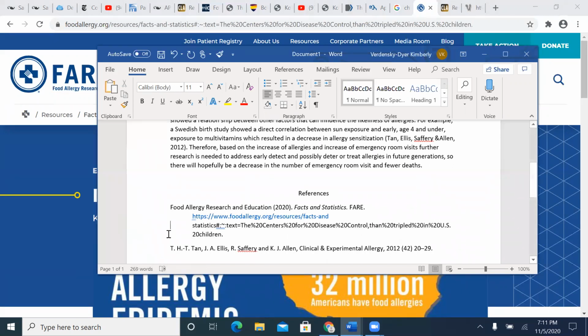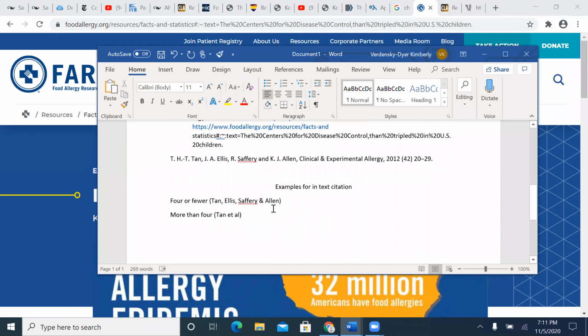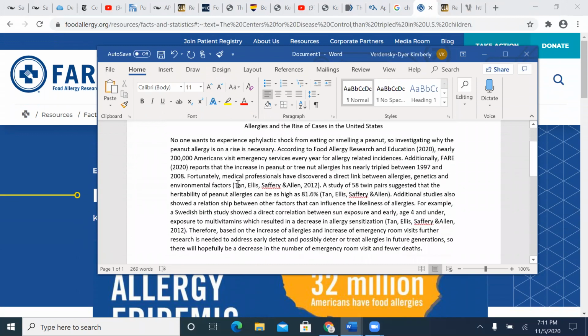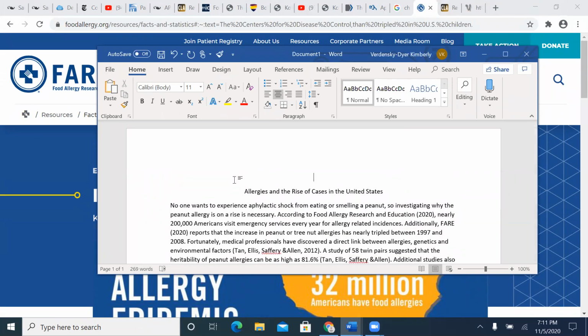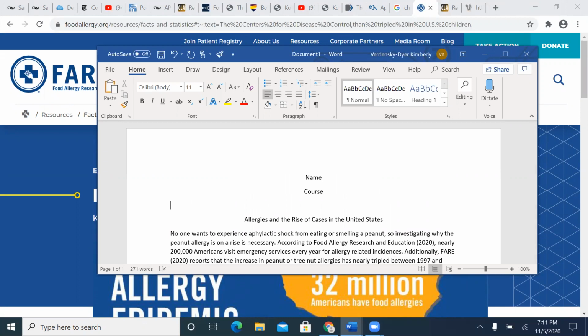So my sources are now in alphabetical order. And I'm going to go ahead and leave this example for in-text citation down there, just so that students can utilize it in the future if they'd like. The only other thing I need is I'm going to go ahead and add a space up top for my name, the course, and sometimes it's helpful to add the assignment